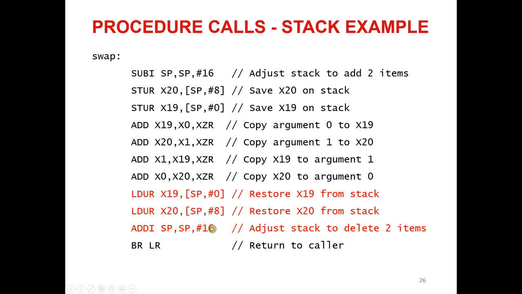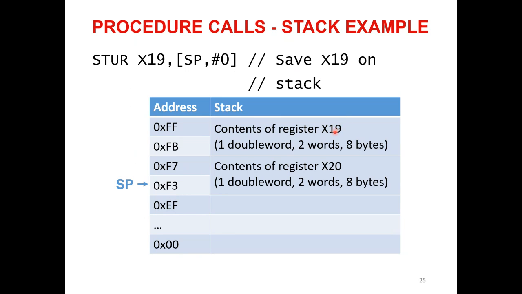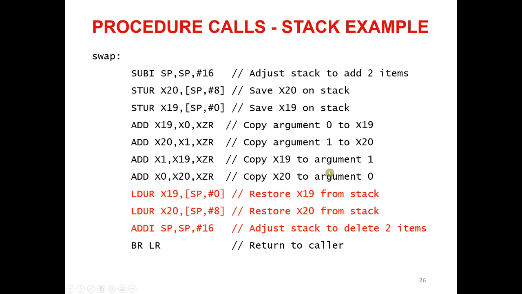So what I'm actually doing in those three instructions: remember, we have stored in those positions register 19 and register 20. So what we are doing is just loading them. We know that at position 0 in the stack, we have register 19. So we load the content of the stack into register 19, and we do the same with register 20. We restore the initial values. So the values we saved in those two instructions are restored here. If I have changed those registers, those changes will not be preserved. They will be removed by those instructions.